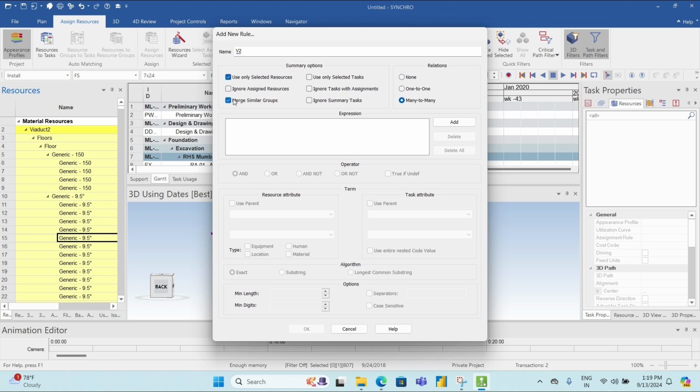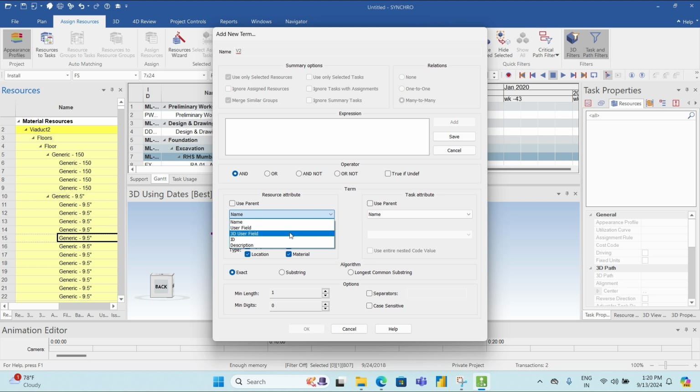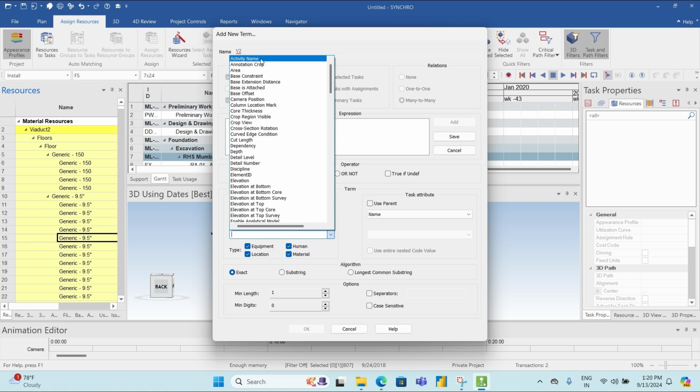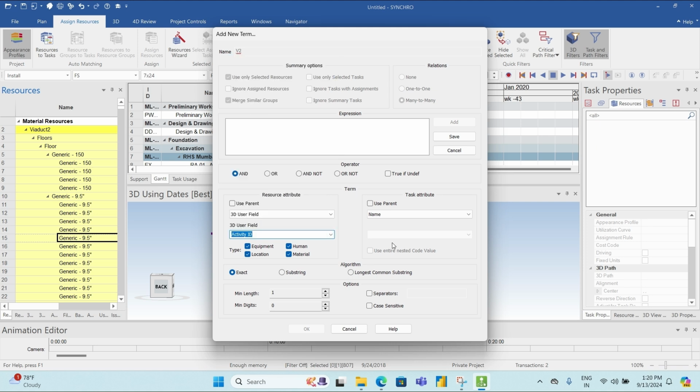Take the two condition for summary option and take one condition for relations. Now add. Now click here and select 3D user field, and in 3D user field select activity ID and from here you can select ID